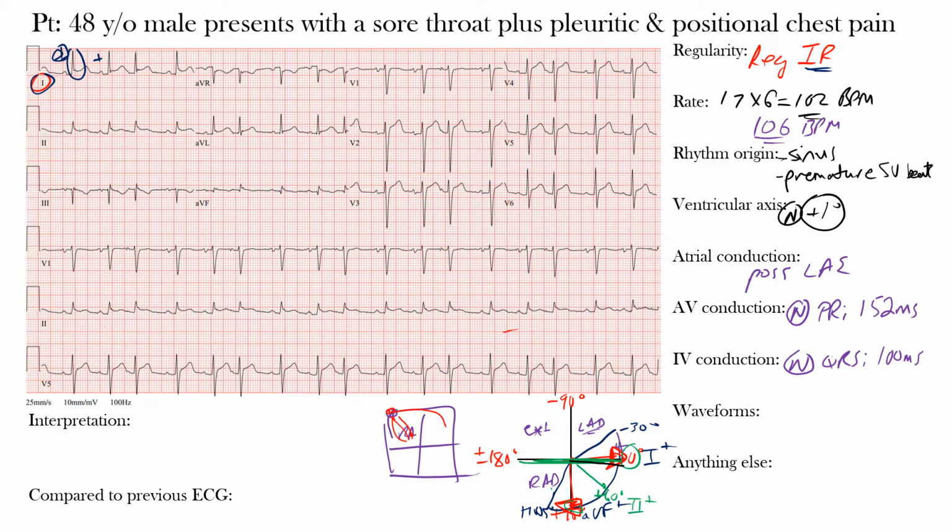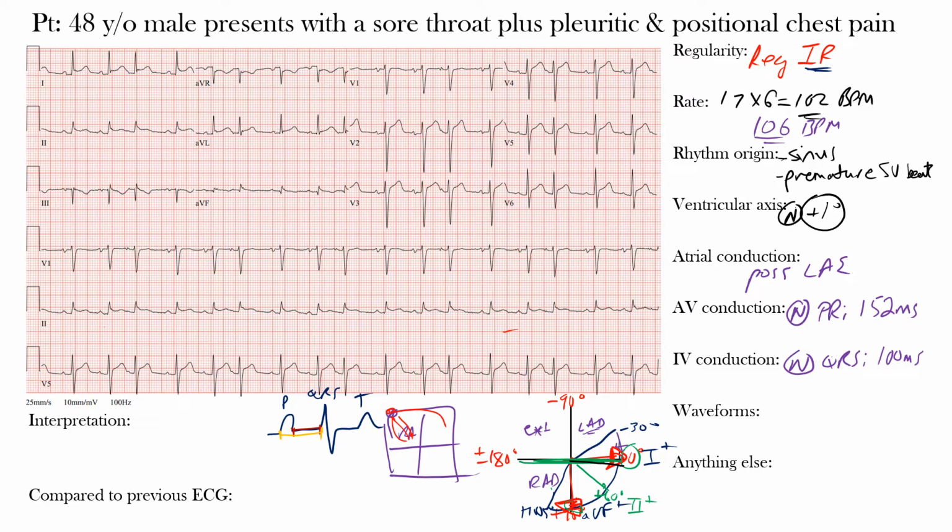Remember, when we talk about the PR segment, this is our P wave, QRS complex, and our T wave. The PR segment is from the end of the P wave to the beginning of our QRS complex. That's the PR segment. The interval includes the beginning of the P wave up until the start of the QRS complex. Now, when we say that there's some PR segment depression, we said that we saw those in the lateral